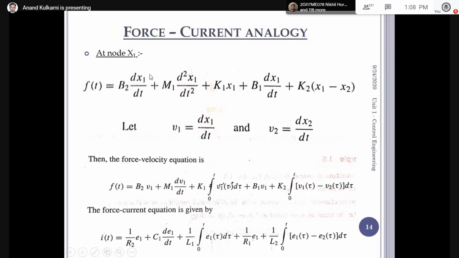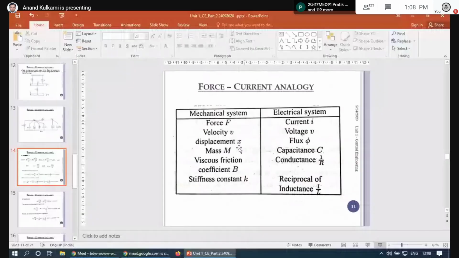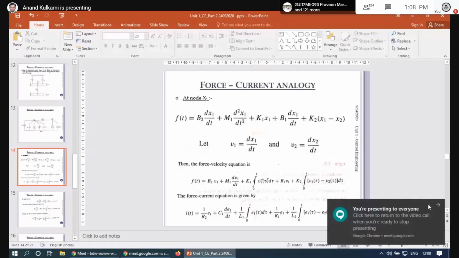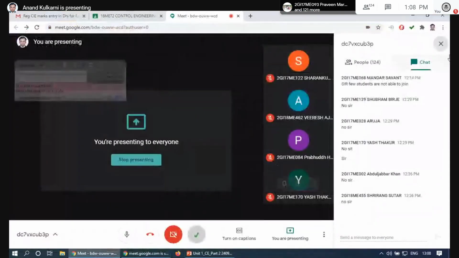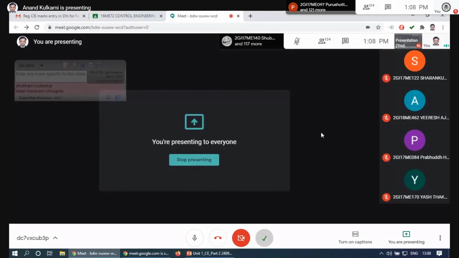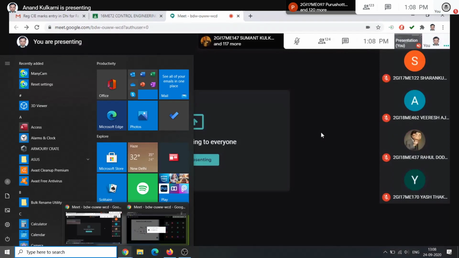Some might say that we will keep it in this form, but we will not be able to write an equivalent equation. In order to write the equivalent equation, we have replaced the displacement term with the velocity term, so that while writing this in terms of equivalent electrical terms, it becomes easier for us. Now, having understood this, do you have any queries up to this point? If there are any queries, let me know, or else we'll go to the next part.